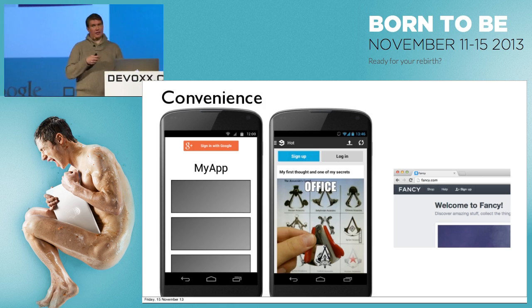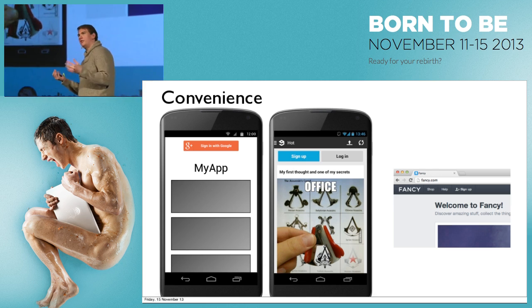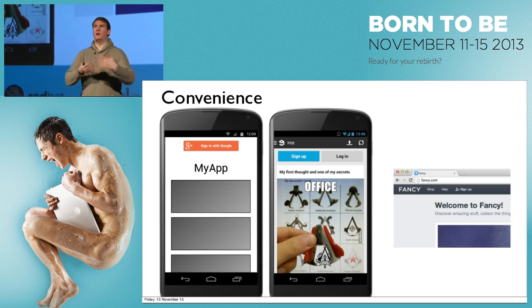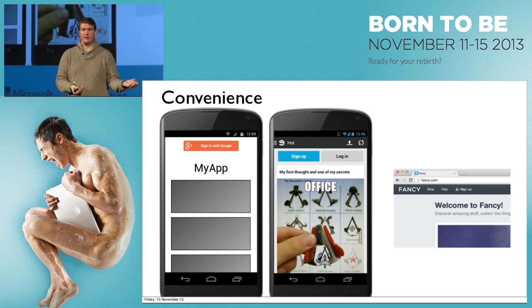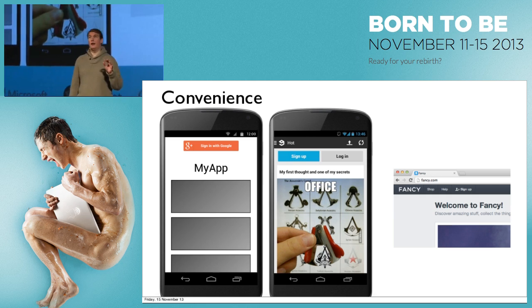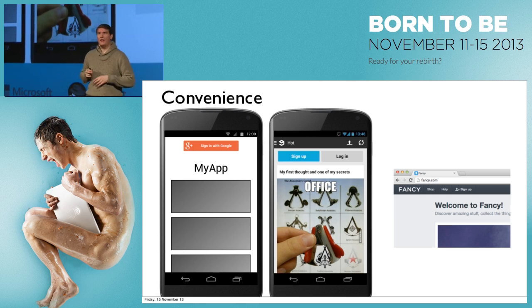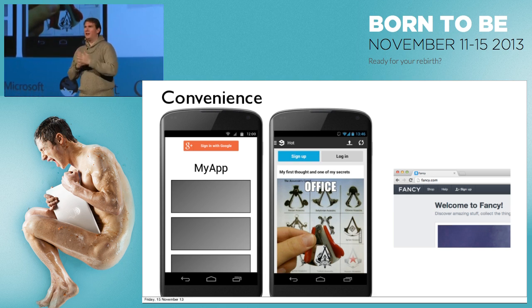So the other 2 options really are where you have the signed out experience as pretty much the default. I go to the application and I am signed out. And the first thing you can do is just offer a sign-in button where it makes sense. So 9gag do this really nicely. They have the sign-in button at the top, and that works. It's just at the top of the stream. Every user's going to see it. It's going to prompt them, but they don't have to. And that's a nice way of making it available without just pushing it in the user's face.